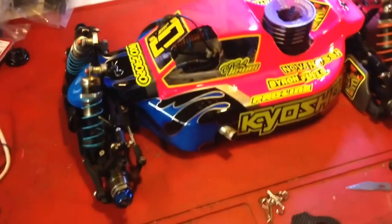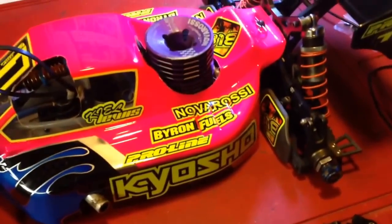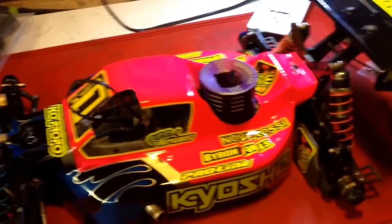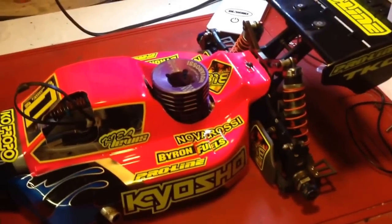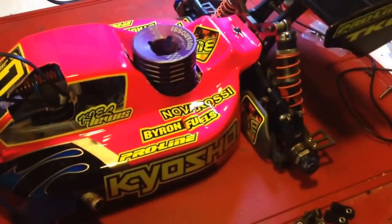Today we're going to do a review of the Kyosho MP9 TKI3. I've been driving this car for about 6 months now, and it's been the best 6 months out of my entire 9 years of involvement in RC. So first of all, I'm just going to take out the body clips to get a little bit ahead of the game here. What this video is going to be about is how the car handles,